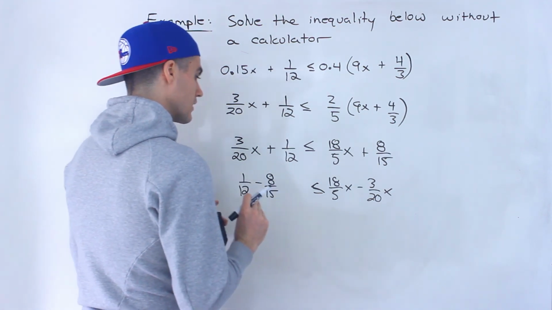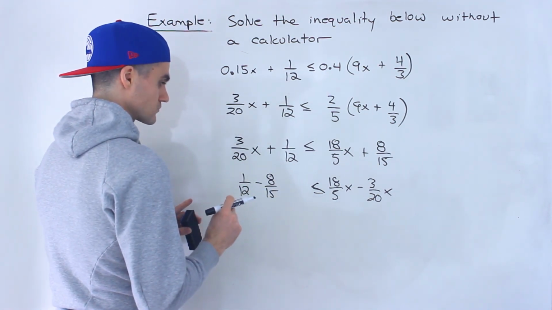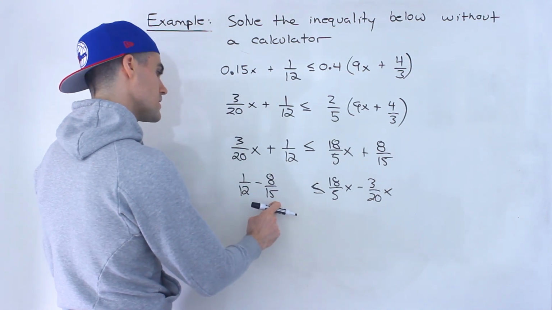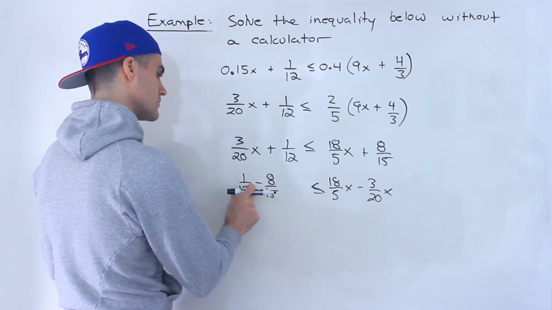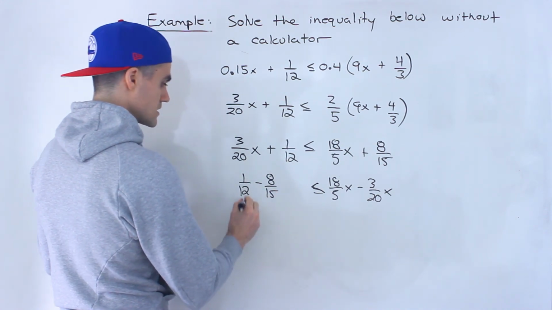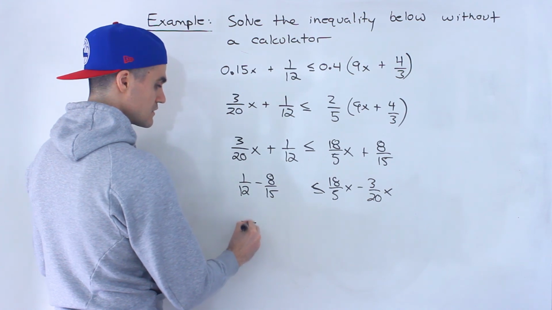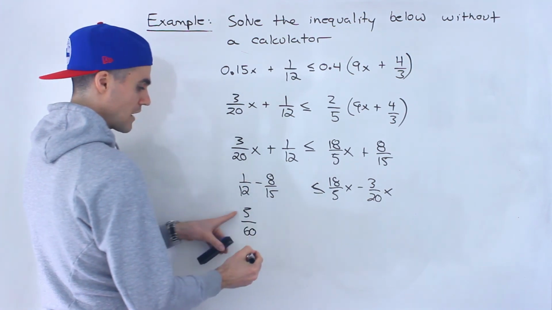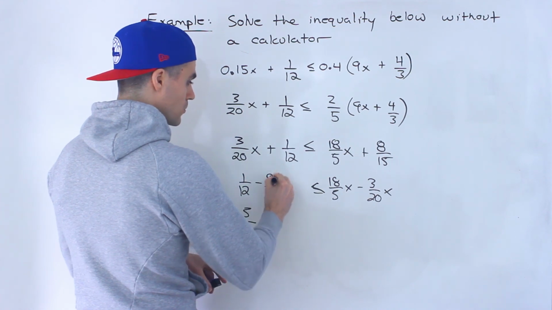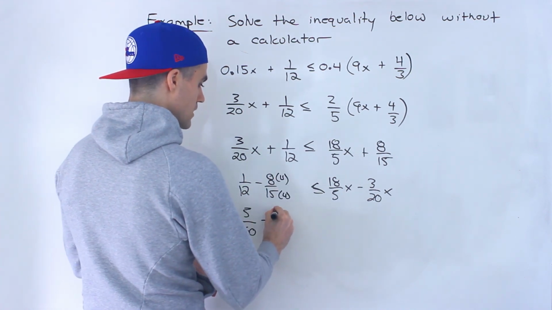So from here, what I'll do is common denominator between these would be 60, 12 and 15, right? So this 12 goes into 60 5 times, multiplied by the top. So 5 over 60 is the same as 1 over 12. And then we can multiply this by 4, multiply the top by 4. So that would be 32